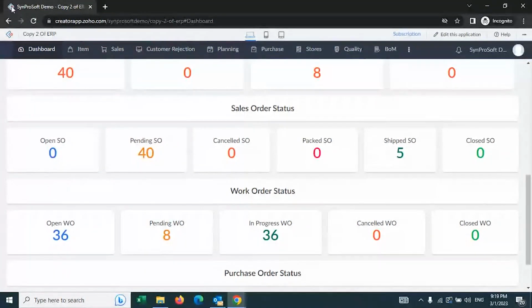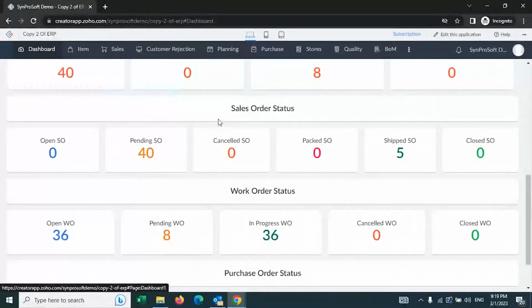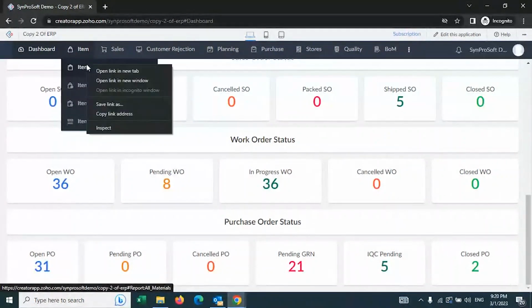Of course, depending on who is seeing this, we have different dashboards that can be configured. For example, the procurement team will get to see dashboards related to procurement alone or associated data points. So I will stop here as far as the dashboard is concerned. Now I'm going to take you through some of the critical functions.